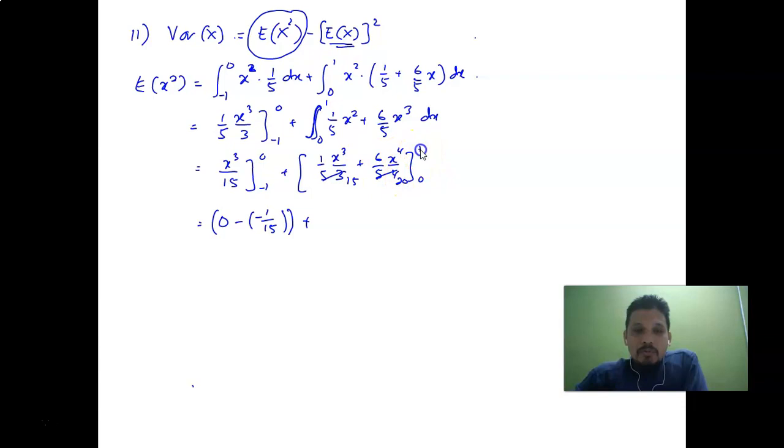Substitute x with 1 first. 1 cubed equals 1. So 1 over 15 plus 1 times 6 equals 6 over 20. And minus x equal to 0 here, so everything is 0. Negative becomes positive, so 1 over 15 plus